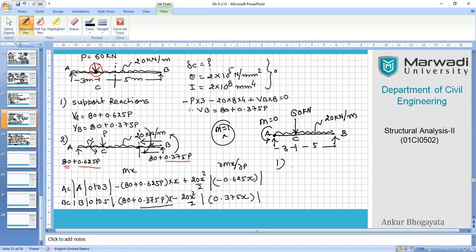So the first step will be, considering this moment, you have to obtain the reactions so that you have the moment in your generalized equation. For example, directly you can start taking moment about point A or moment about point B, including the existence of M. So you have to consider the moment also in this calculation of reactions. I hope you are getting my point. So once you get the reactions in terms of something M and something M on both sides, then you can go for del Mx upon del M and it will give you the slope values.